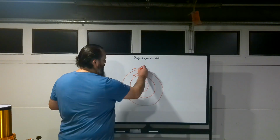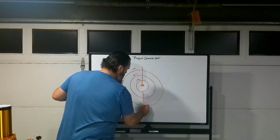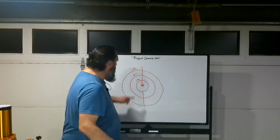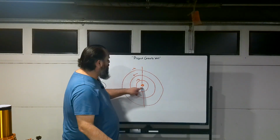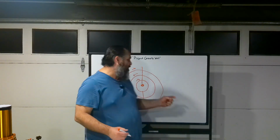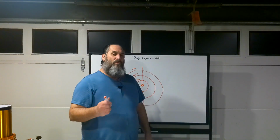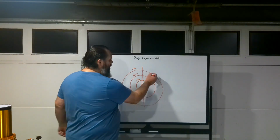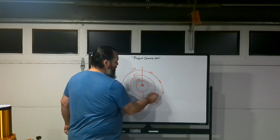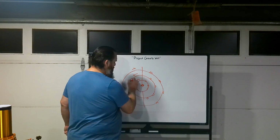We're going to have to put that on a rod here and a rod here so that we can get them to rotate like this. Now we're going to have to put energy here and energy on every single one of these spheres. So what type of energy do we want to start with? Well, the basic understanding would be to put magnets. If we could put magnets on every one of these, both sides,